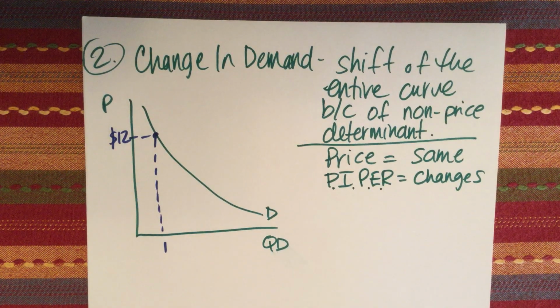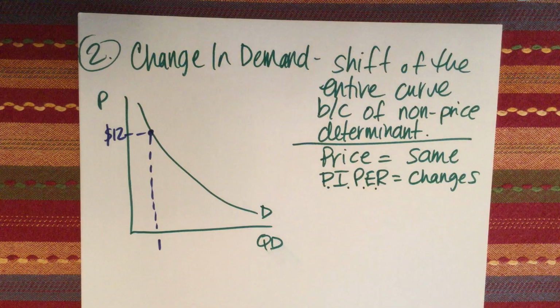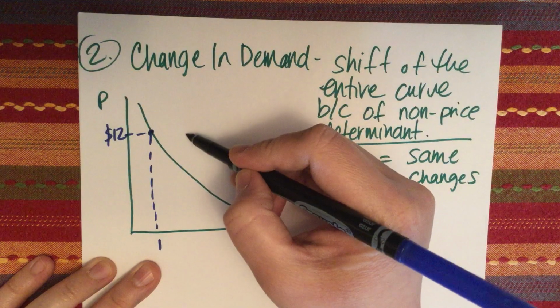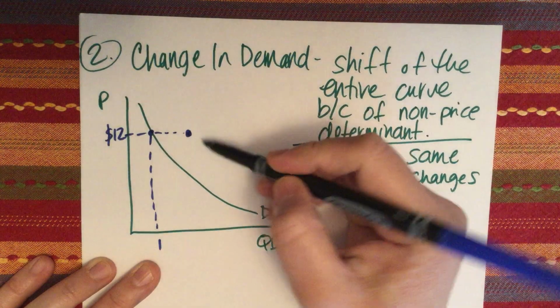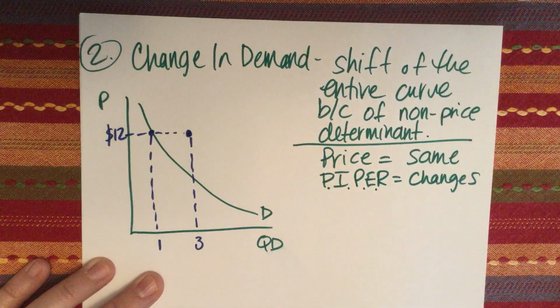Let's say, for example, that our income has gone up. And so if we are earning more money, we're able to afford, and we might be more willing to pay, or to demand more quantity at that price now that we're earning more money. So let's say, for example, that at $12 now I'm able and I'm also willing to buy more socks at that price. Maybe I'll buy 3 pairs at $12. So again, the price has not changed. What is changing is the amount that I'm buying at that price, at each and every price.